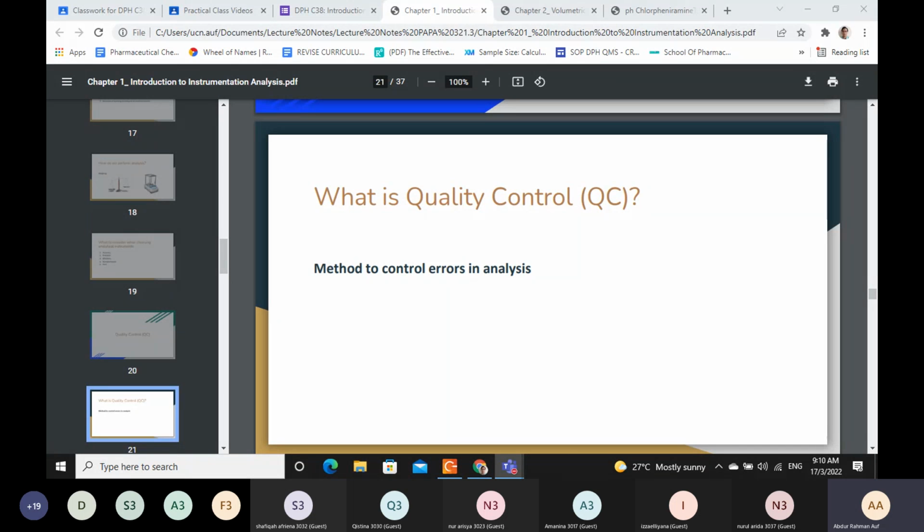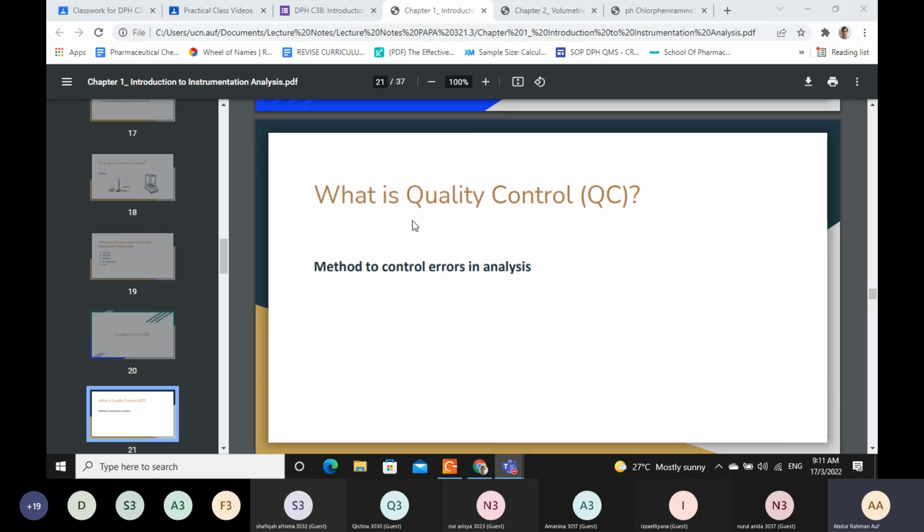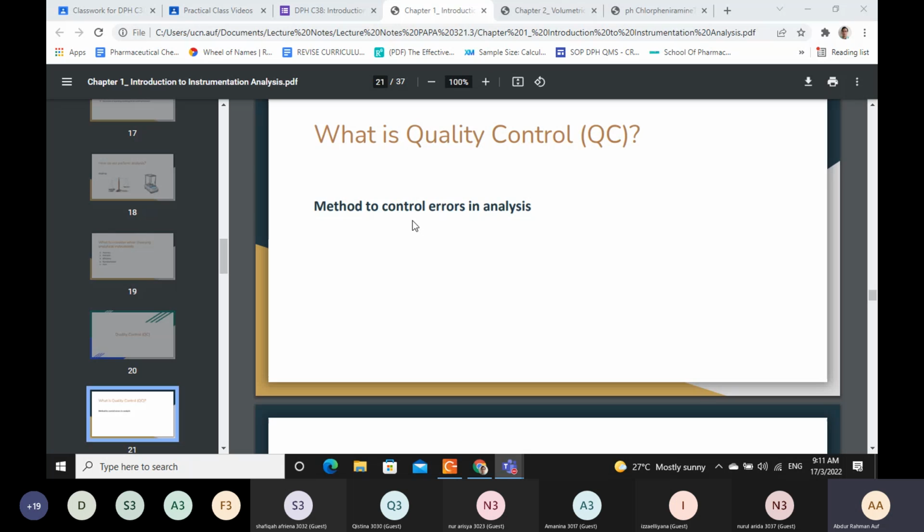And also hari itu kita dah discuss about accuracy, the difference between accuracy and precision, how to identify the pattern of error based on understanding of accuracy and precision. Okay, so today kita nak sambung about that accuracy and precision tu by relating to this. If you look at the screen, saya tunjuk the slide of what is quality control. Okay, kat sini the first slide of QC, it is a method to control error in analysis. Macam saya cerita,